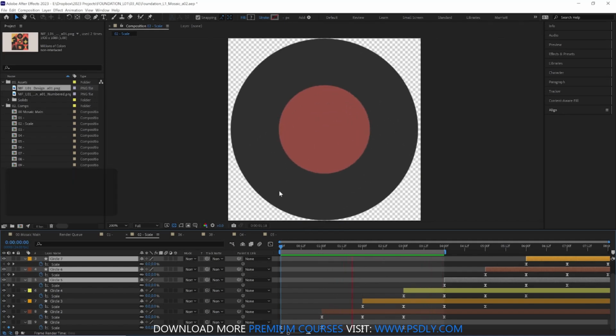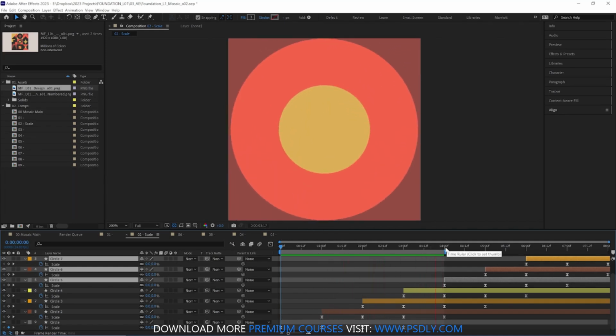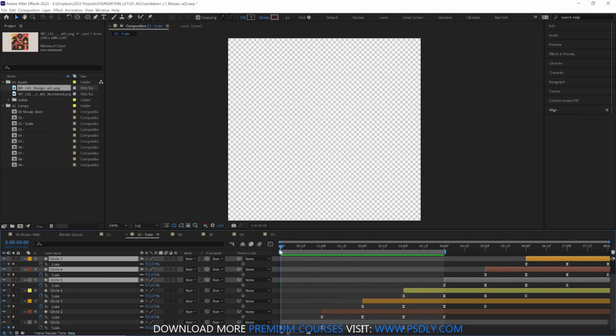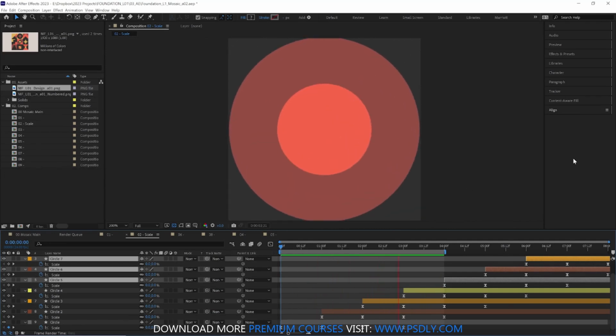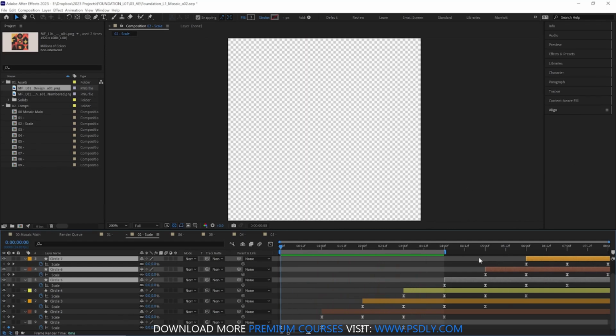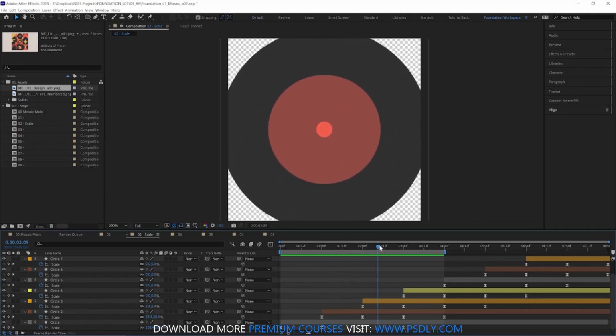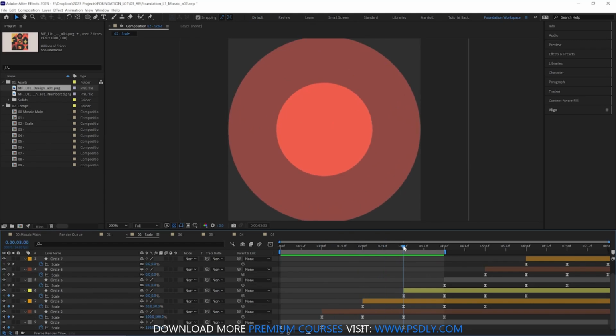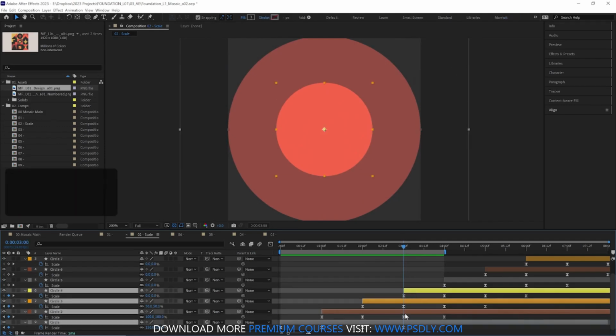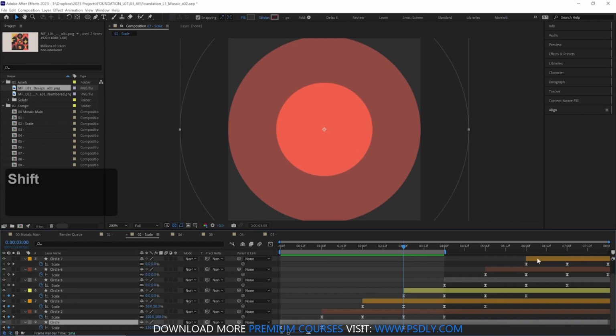So now the real issue with it not looping is we get to the end here and then when we snap back to the front, we've got nothing there. It's just transparent. So what we need to do is find a place here where our comp is just filled up, where there's no transparency, it is filled with these circles. And the very first instance of that is here, where it's currently 3 seconds, where we have every single one of our layers visible. So what we can do is select all of our layers